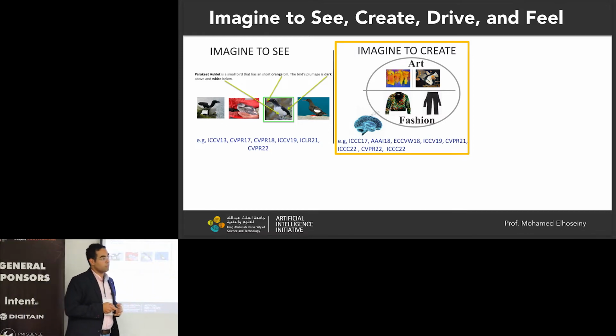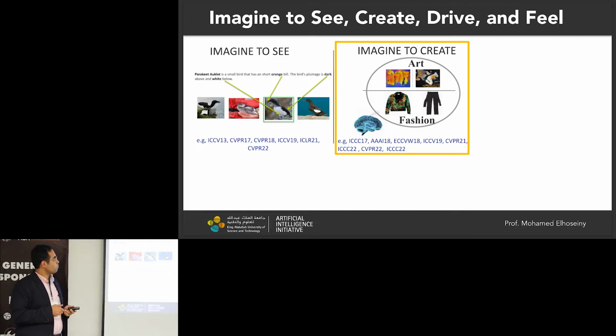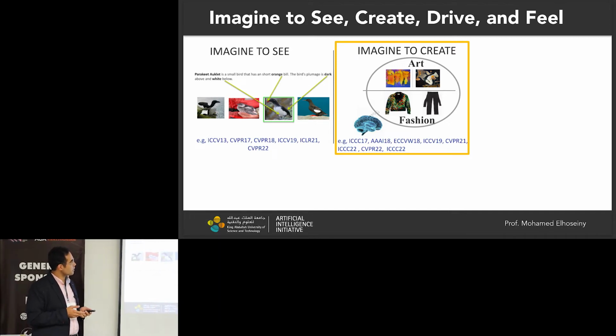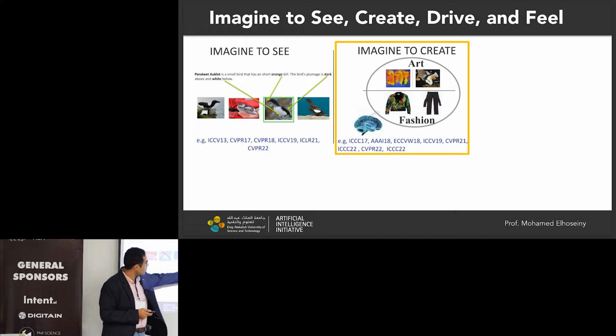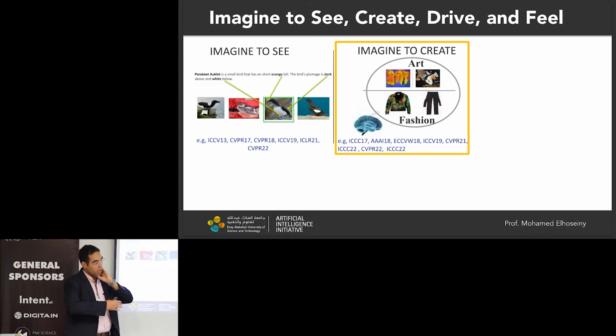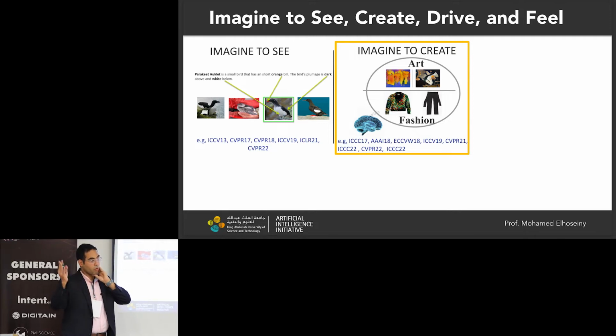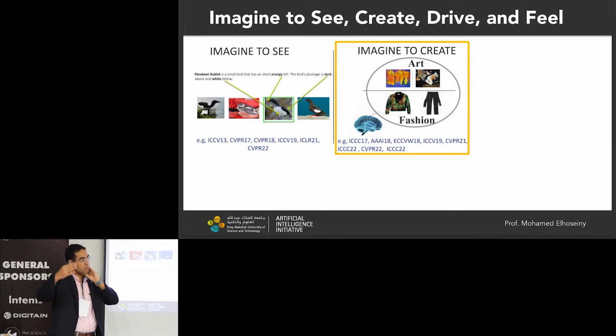Creation is also another important skill, because it's an element of our intelligence that helps us push the development of the world around us, and the fashion industry, which is a $2 trillion industry, and the art, which creates our heritage over the years. Some of the movements of developing beauty over time have come through art movements and inventions that people made.